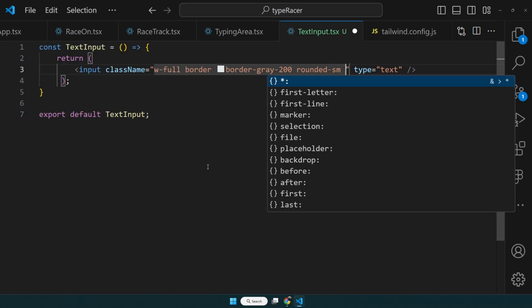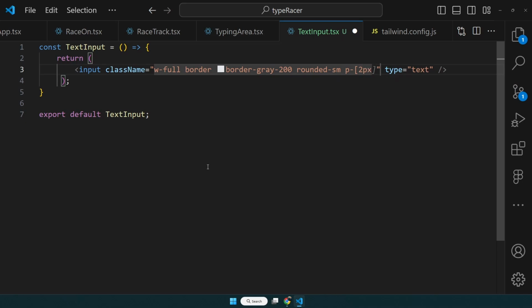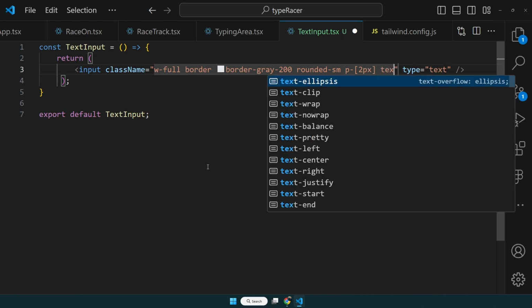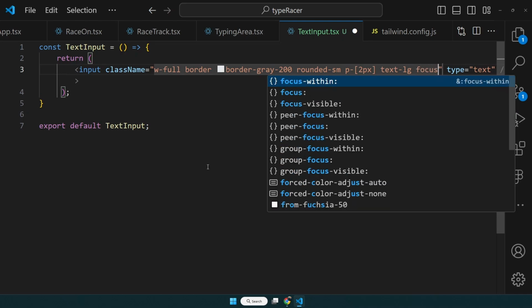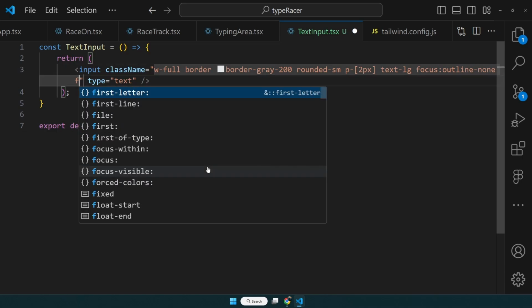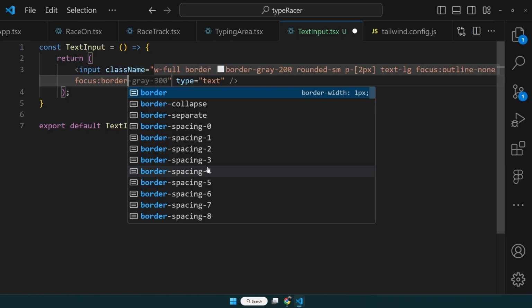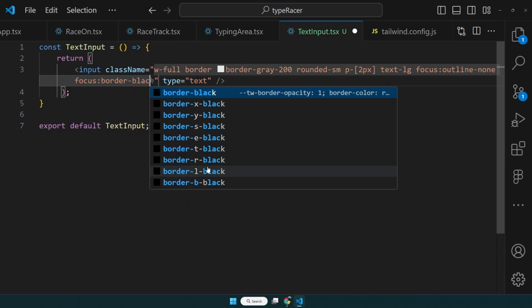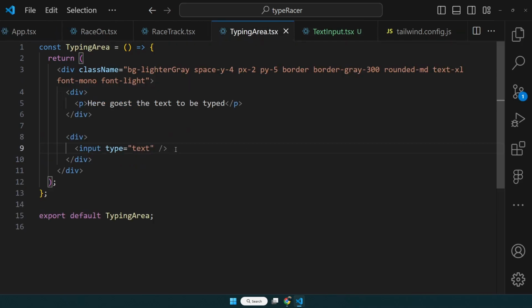After that I want to provide it with some padding, and the padding will be 2px. Text large, and when focus, outline none, and when focus I want border to be black. Okay, let's save it. Now let's go to this typing area component and replace this input with our new component,